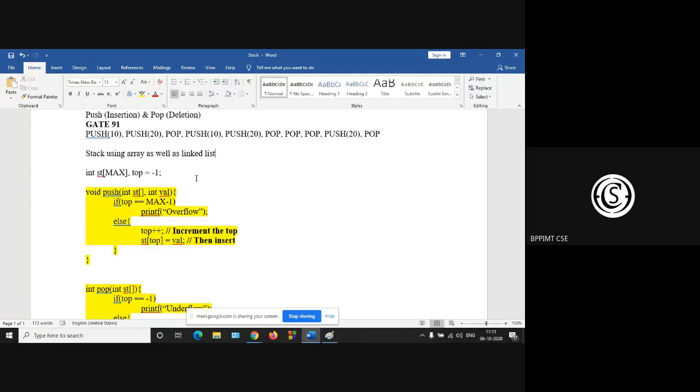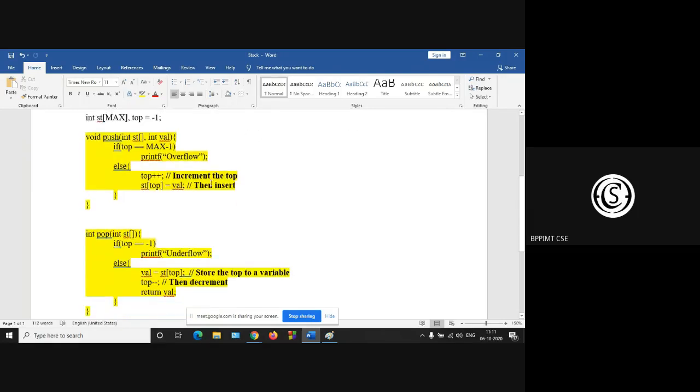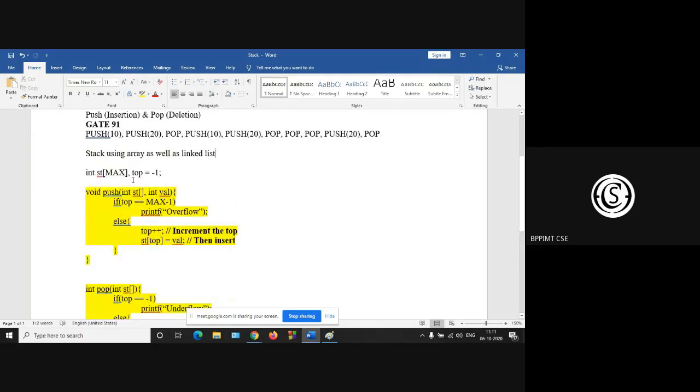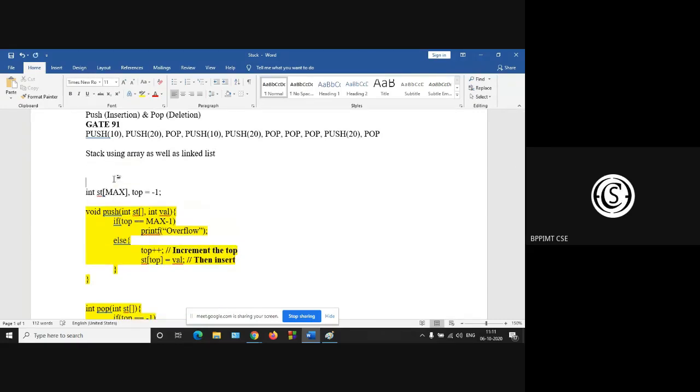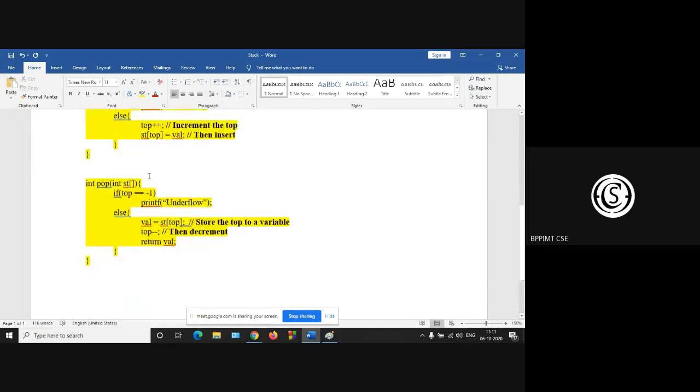Now, how can we implement this stack using single linked list? Any idea? So this is the array implementation of stack. These are the functions: push function and pop function.